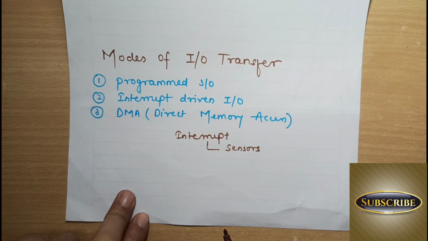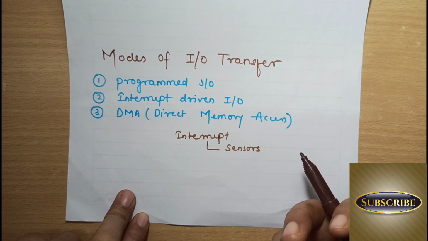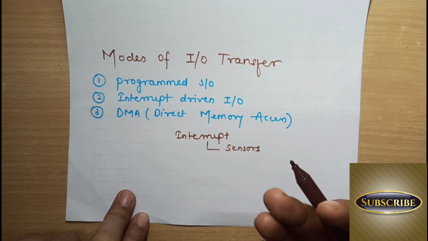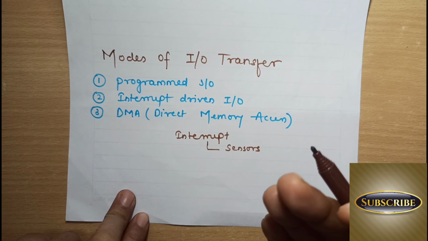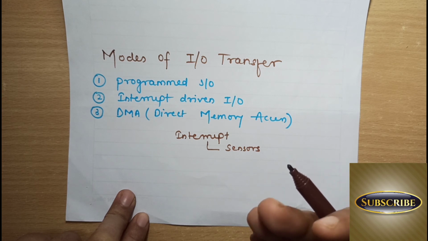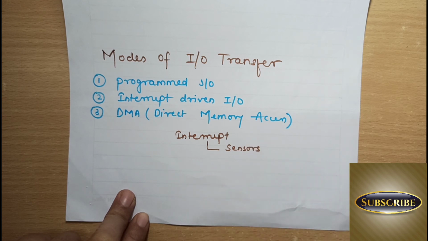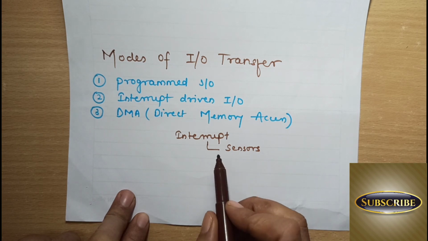Okay, so there can be any sensors, like a sensor used to detect the heat generated in our computer system. When the heat goes to some threshold value, the sensor will give a signal or interrupt to the CPU to stop performing the operation or keep its speed slow, so that the heat can be reduced and proper functioning can be done. So like that, there are various sensors attached in our computer system. They need instant service, so they can create interrupt.